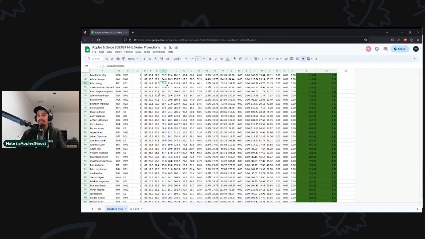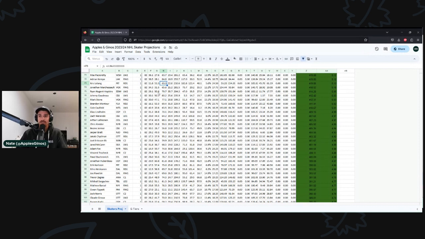I could tell you that I think it's 70% likely that Letang is on power play 1 for the vast majority of the season, along with Karlsson. That could be my percentage outcome that I could assign there. And that would mean a 30% chance that Letang only gets, whatever it is, 7 power play points this season. And there's probably some range in between that you should also consider, where he's on and off the top power play unit. These are the kinds of things that you need to think about for yourself, and you need to weigh for yourself in these scenarios, and you need to decide where you're comfortable.